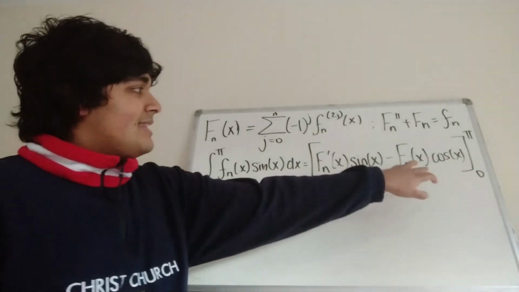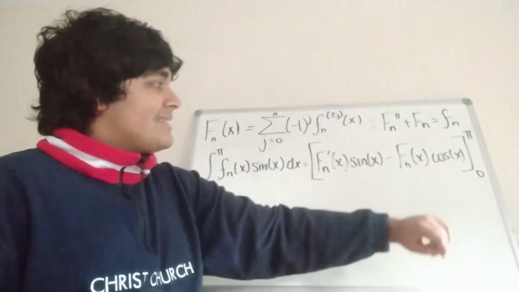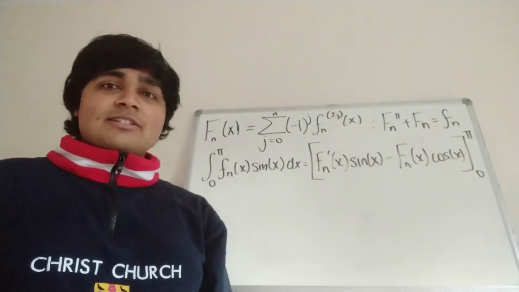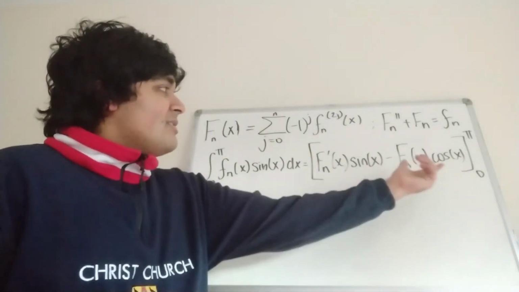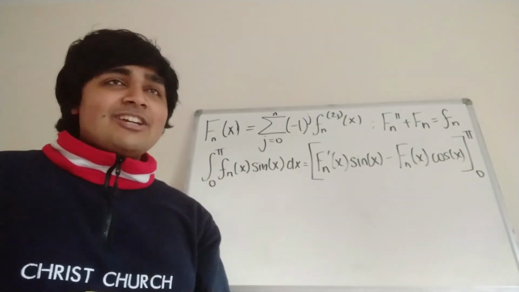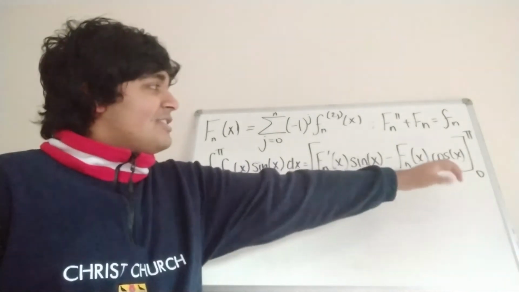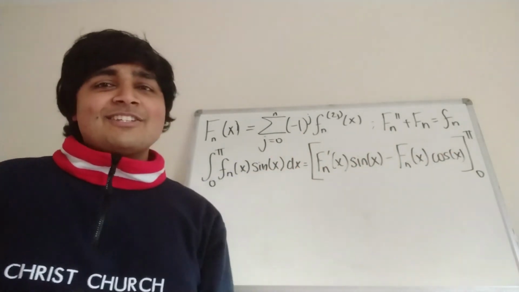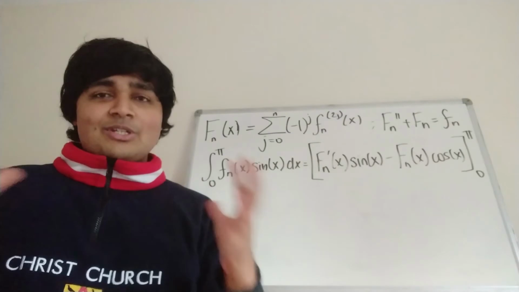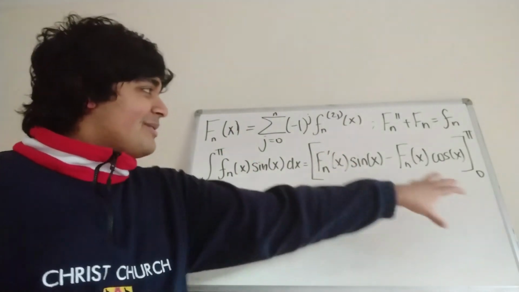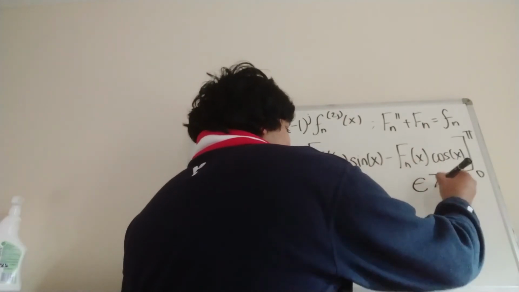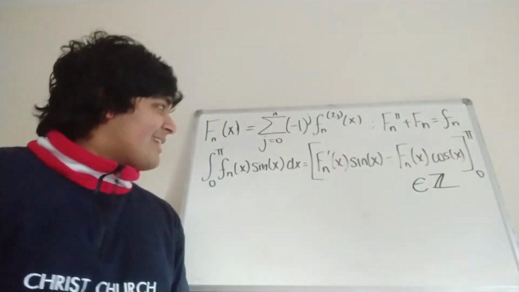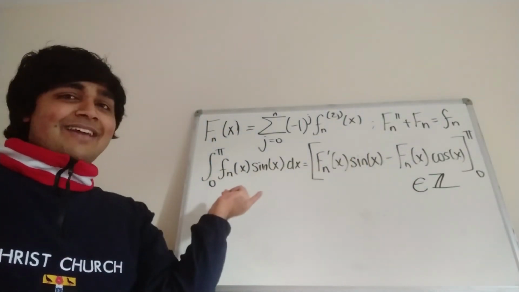So then this thing here is going to be an integer at pi and also at 0. And we know cosine of pi is just minus 1 and cosine of 0 is 1, but in particular, it's an integer. So we've got an integer times an integer, then minus an integer times an integer. In other words, just a bunch of integers, and when you look at their sums and products, we're always going to get an integer. So this thing here is an integer. Okay, but of course this guy here equals this left-hand side.